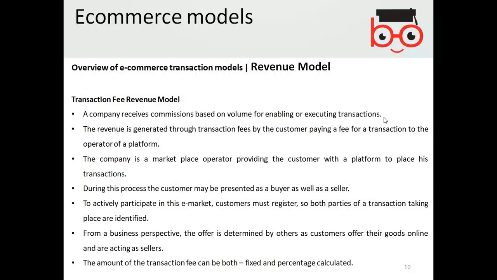Then you can earn from the transaction fee of a particular transaction, or maybe from e-marketing vouchers. If you are selling some kind of vouchers, then you can have the transaction fee revenue model as well.